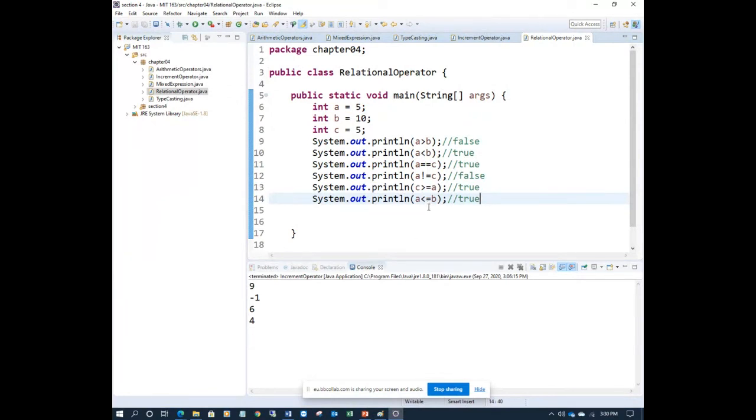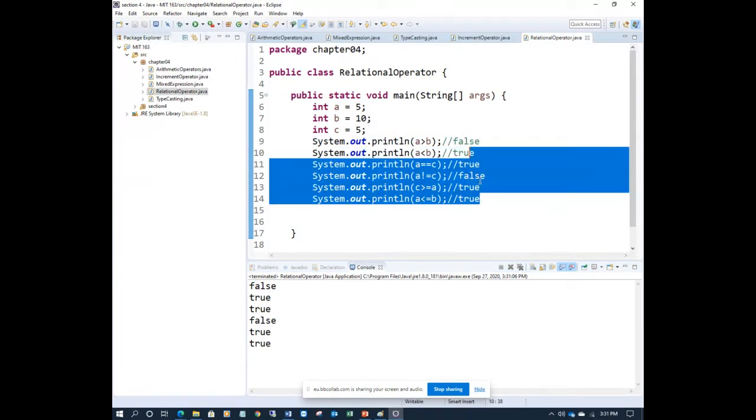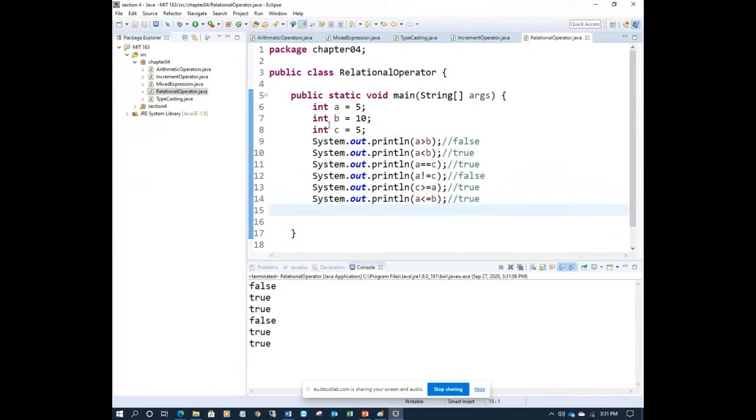So it's true. If one of the conditions is true, the result is true. So print it. See, the answers are: false, true, true, false, true, true. You have to see the answers, the true or false is the answer.